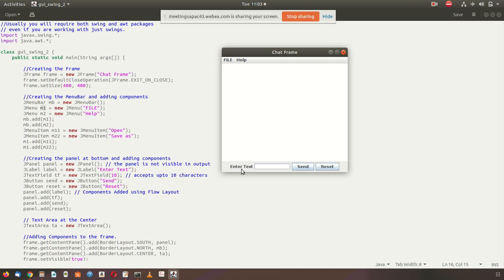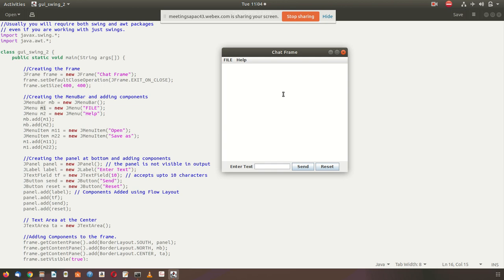Now after that, the second part is the last bottom of the screen that you see here. There are two buttons, send and reset. How to add them? First you have to create a panel. Now this is a frame. Inside the frame we can add components. If we have to group components, it is always advised to make a panel. So first there is a frame, and inside the frame there are components like menu, button, text box, radio box.